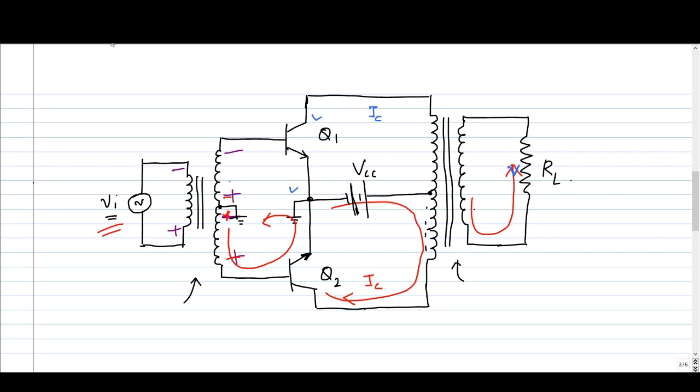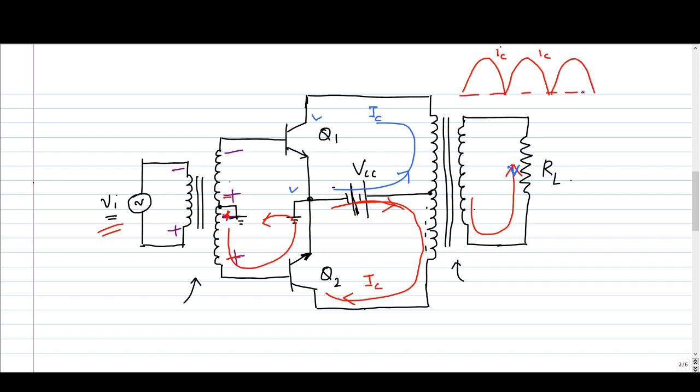So from the explanation, we know that during positive half cycle of the input signal, current will be flowing through the battery like this, in this direction. And during negative half cycle of the input signal, current is flowing through the battery like this. So during both half cycles, current is flowing through the battery. During positive half cycle, it will be the collector current, positive half cycle of the collector current, and during negative half cycle of the input signal also, in the same direction current is flowing. So the shape of the current waveform in battery will be like this. It will be like a fully rectified waveform.